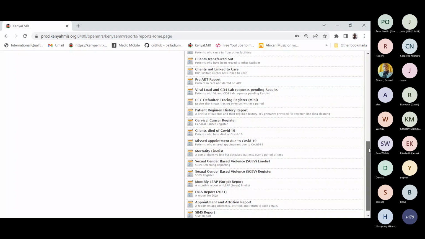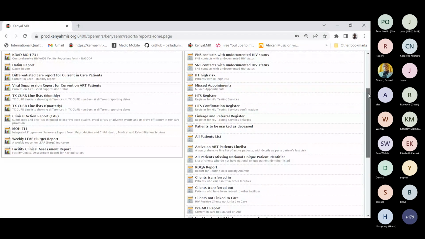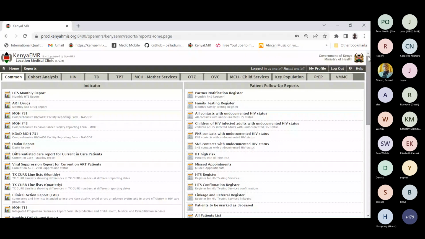I don't want to digress unless there are questions, but before I open it up for questions and answers, because like I said, I wanted us to keep it brief, because I'm sure there are so many other activities happening, especially with the DQA in some of our facilities. I'll also want to take this time again to inform you about a new release of DWAPI. So there's a new release of DWAPI, version 3.0.01, that